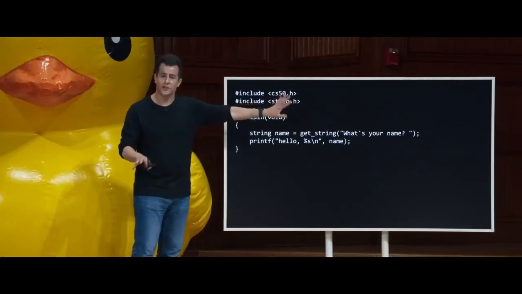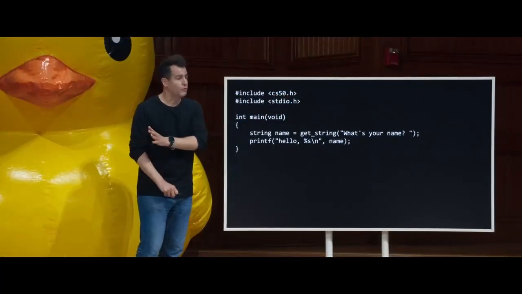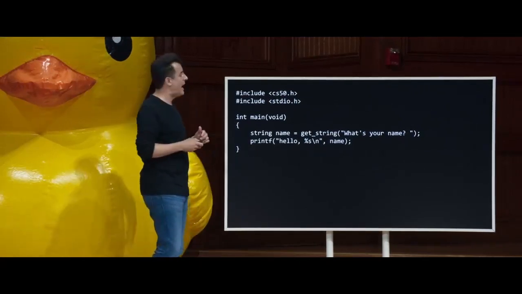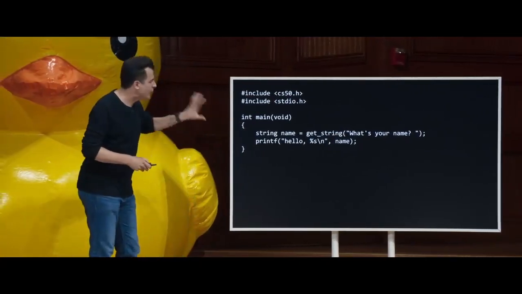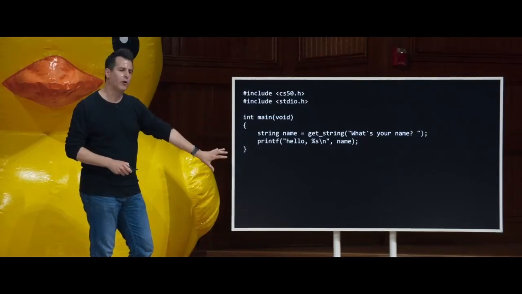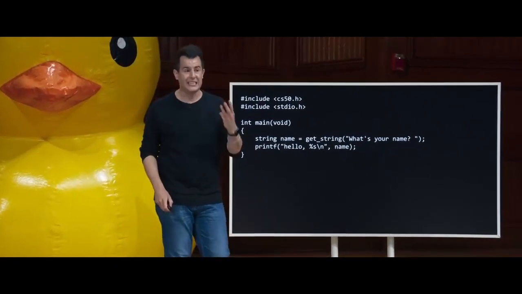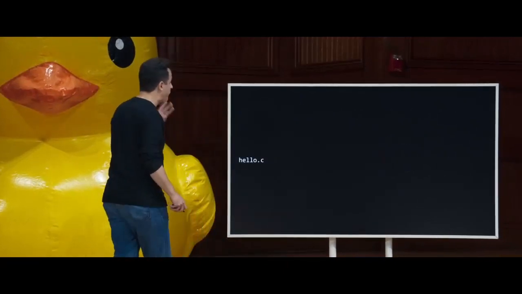You don't ever mention the .c file, but someone else wrote those files, someone else stored them in the server for you, CS50 staff in this case. So technically, even when compiling a relatively short program like this, you're really combining 3 files, at least at the end of the day. And I'll write them from left to right. Hello.c, which I wrote, CS50.c, which the staff wrote, and then standardIO.c as well.